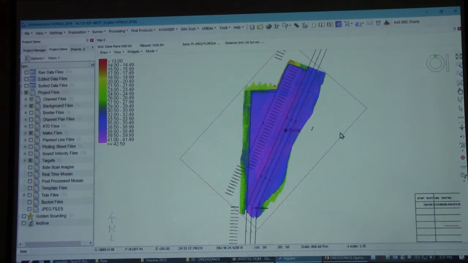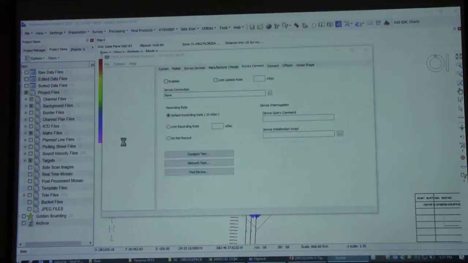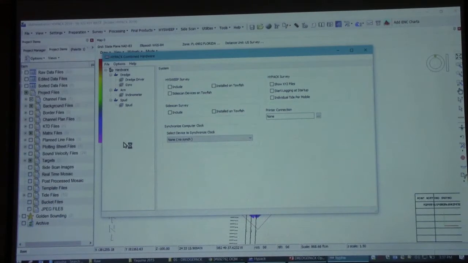But what I want to do is basically go through HYPACK hardware and build it out for you so that you can see kind of the basic drivers that we see on a day-by-day basis that maybe you haven't heard about, or how these drivers work. So everybody probably knows by now that under preparation we have HYPACK hardware. Okay? And I've got my simulation